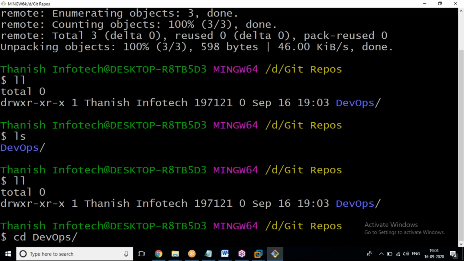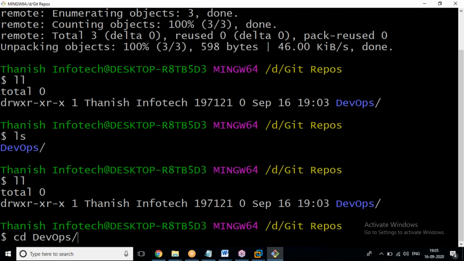Guys, keep in mind, it's very simple and easy to understand which one is the Linux command and which one is the Git command. Whenever you apply Git as the first command in the terminal, it means you are going to work with Git. Whenever you are not applying Git, maybe that's related to something else.